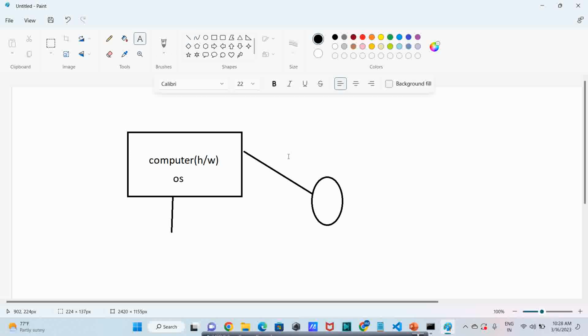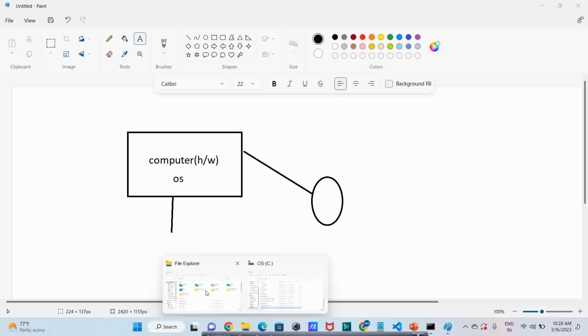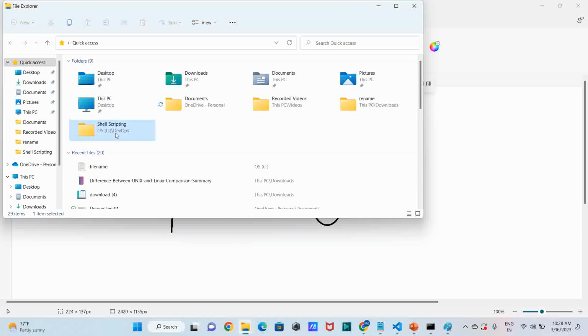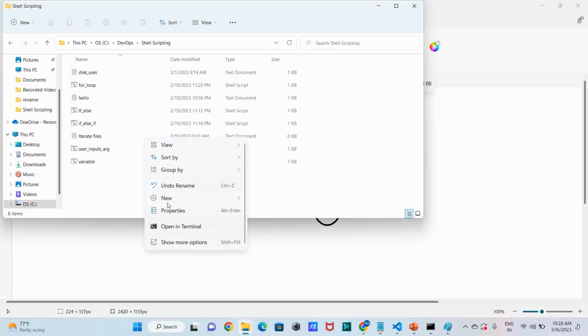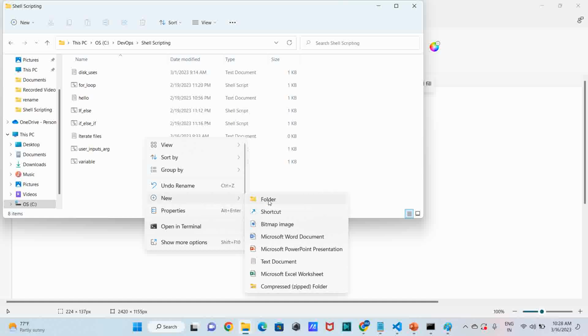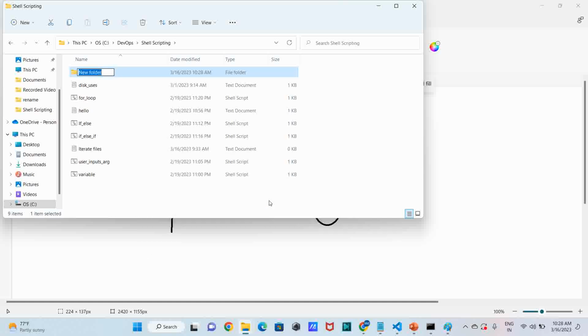You give some commands, to do this or that. Suppose I have installed the application, and I go to this file and create one folder. Let's create a new folder, and I name it architect folder.